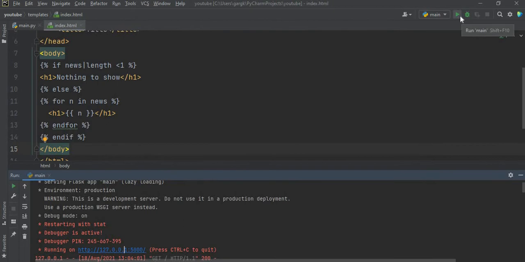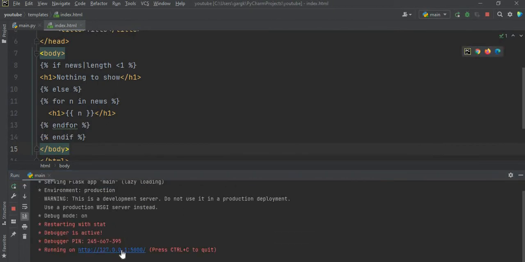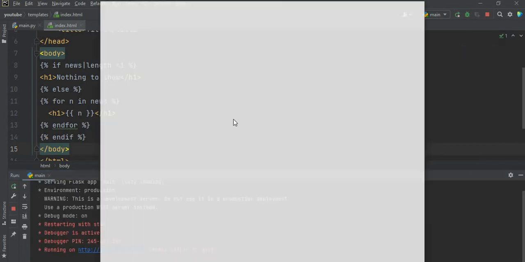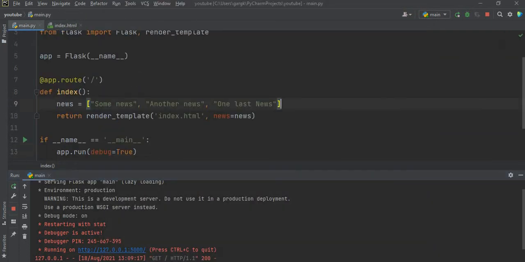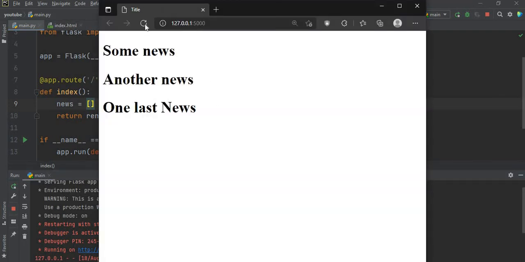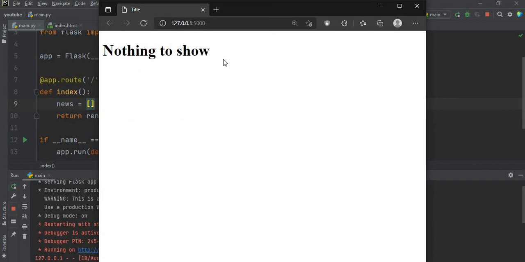Oh, looks like my server is not running. Let me run my server and then click on this link. You can see this is being displayed, but now if I removed all the elements of this list, then you will see nothing to show